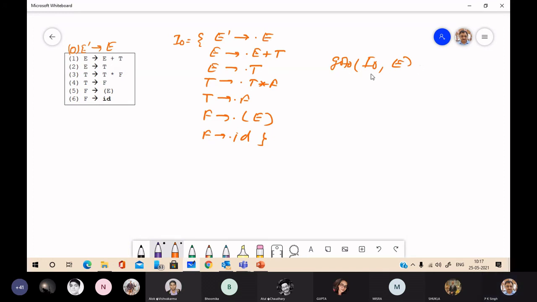It will give, suppose, I1 containing E' → E dot, second E → E dot plus T. If you look into these two items, you don't have any non-terminal just after dot, so you can't add closure items to this.